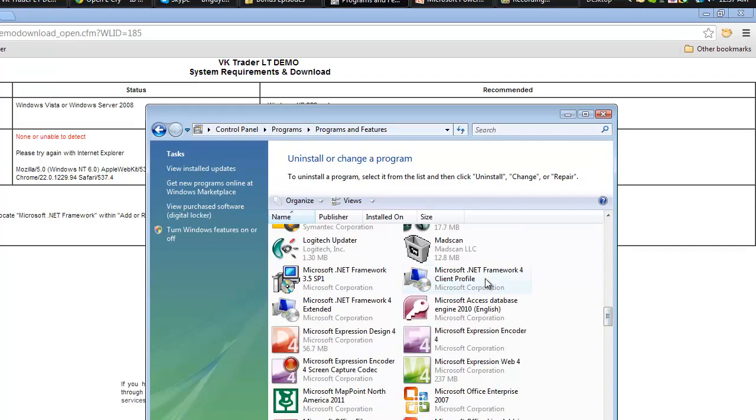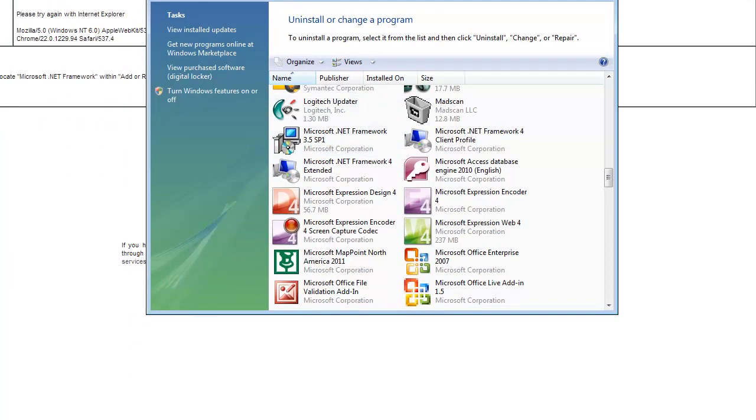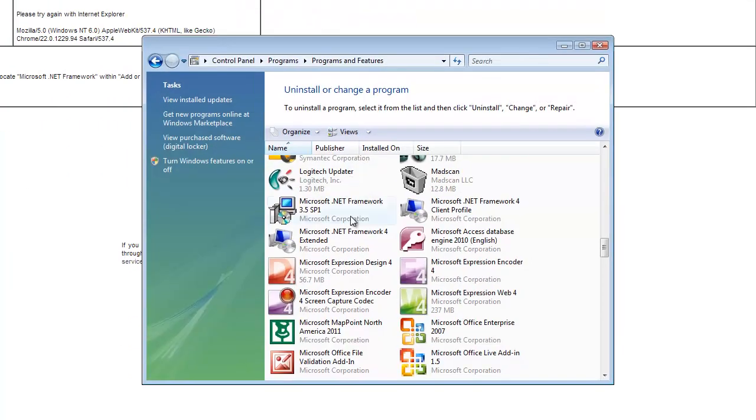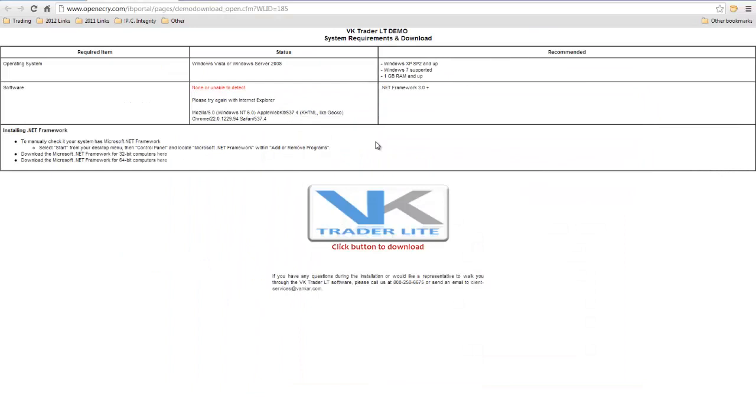Here's Microsoft .NET Framework 3.5. So that seems to satisfy the requirements. 3.5 versus 3.0, I'm going to assume that's good to go. Let's close that out, and click the button to download. So we'll click that button there,